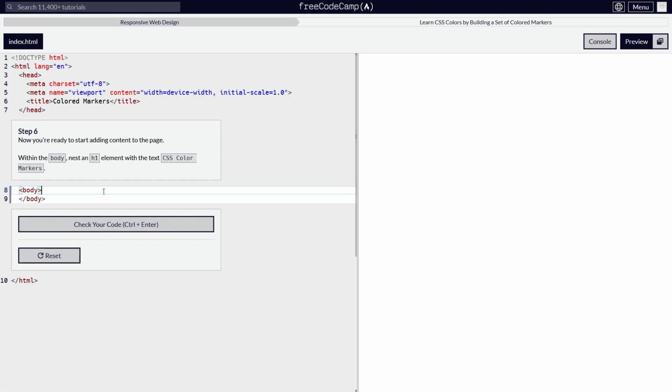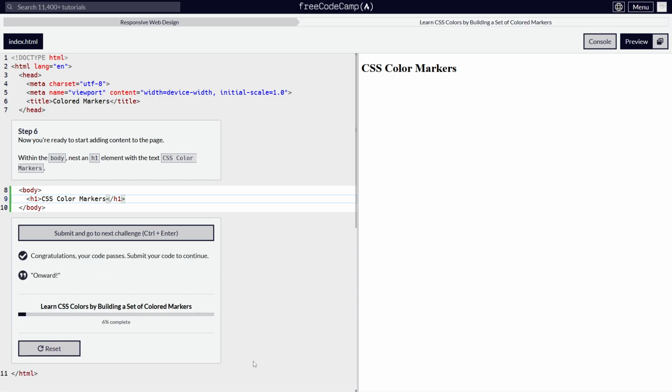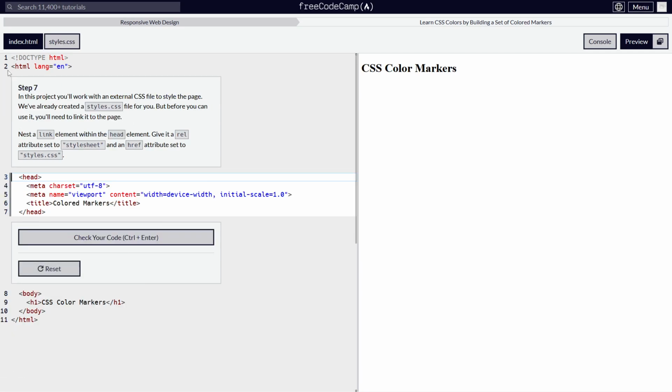Now you're ready to start adding content to the page. H1 with the text, okay, H1 CSS color markers. Bam. In this project, you'll work with an external CSS file to style the page. We've already created styles.css for you, but before you can use it, you'll need to link it to the page. Nest a link element within the...